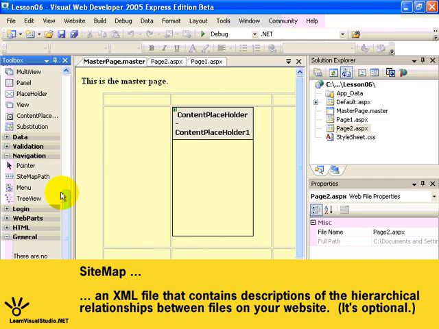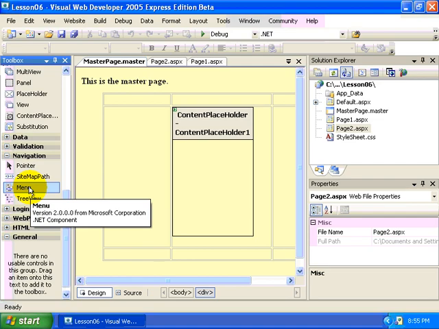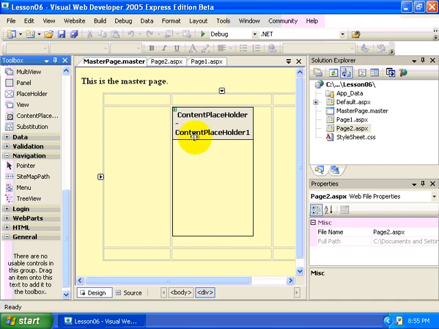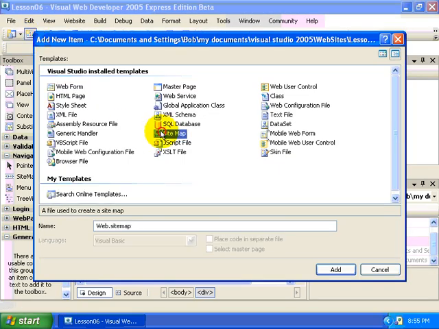And based on that sitemap, we can bind to it and create like a tree view of all the pages on our website and allow people to see something like Windows Explorer, right, where you're able to see a hierarchy of web pages in the website. Or we can create a menu or a sitemap path, and we'll show what that is in just a moment. But what we need to do first is add a new item,